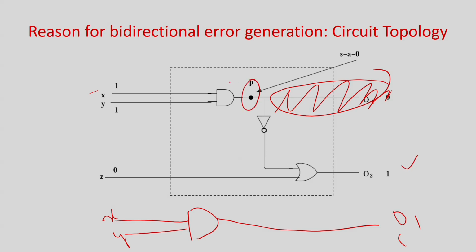So if a stuck-at fault occurs, and we are all assuming a single stuck-at fault, only the O2 output will be affected, and the O1 output will not be affected. If I keep on replicating the circuits like this, and we are not allowing any kind of logic sharing between the outputs, then you will not have any kind of multi-bit error. Forget about unidirectional or bidirectional. Any single stuck-at fault, only one output line will be affected, because the circuit is designed in this manner.